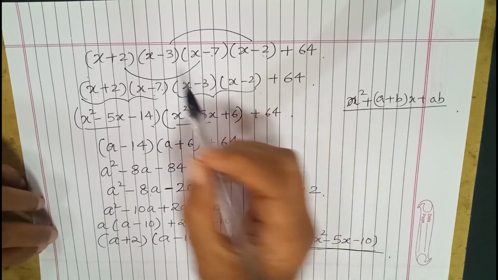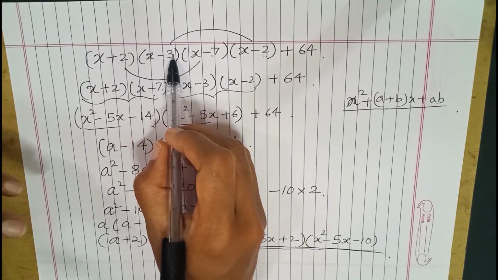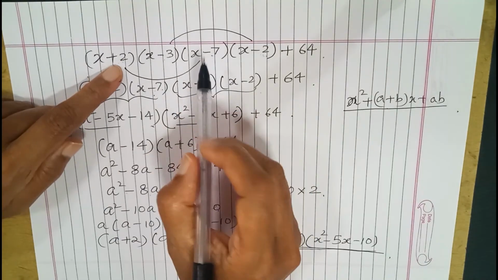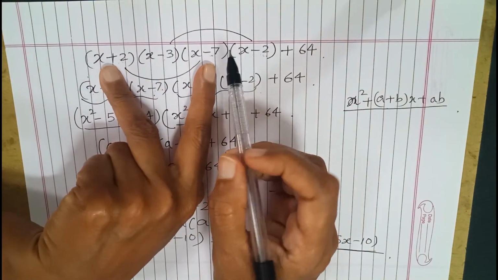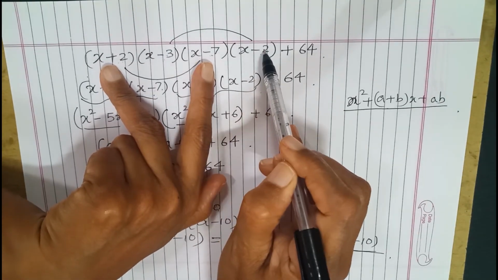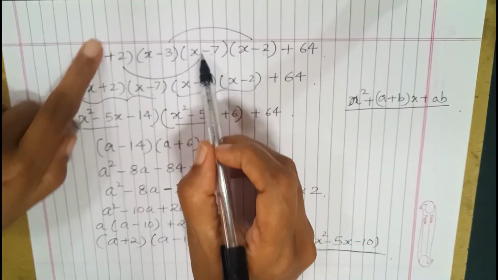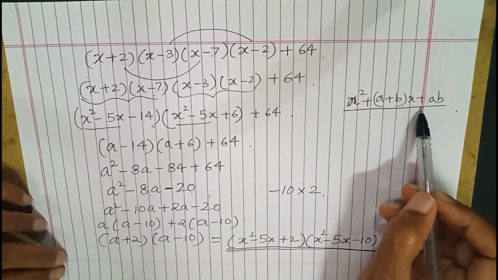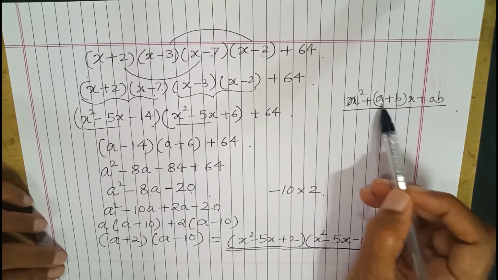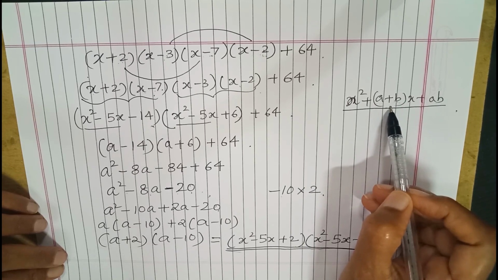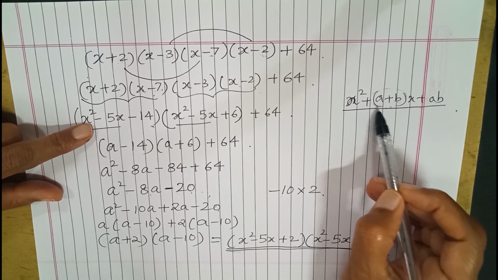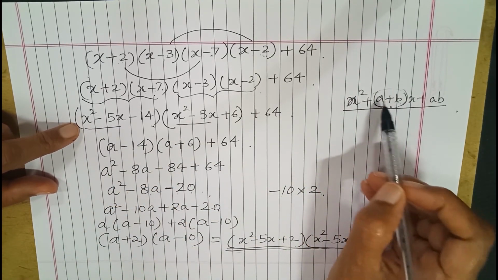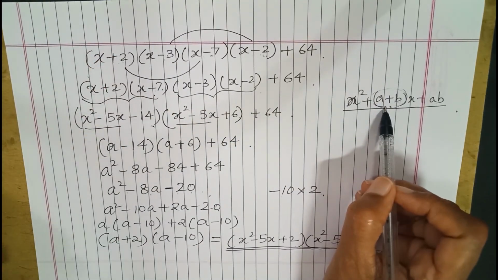What is the property that we'll be using is that these two last numbers on addition or subtraction should give us the same number. That is, the pair of brackets should give us the same number. For example, here 2 and minus 7 were giving us minus 5, and these two also, minus 3 and minus 2, is also giving us minus 5. So these are the two pairs of brackets that we select to multiply to form two brackets. What is the reason? You can see when we add the two numbers, we are getting the middle term of the polynomial. So to get this same, so that we can assume it as a third variable, we are using this property. That is, addition of these two numbers should be coming same.